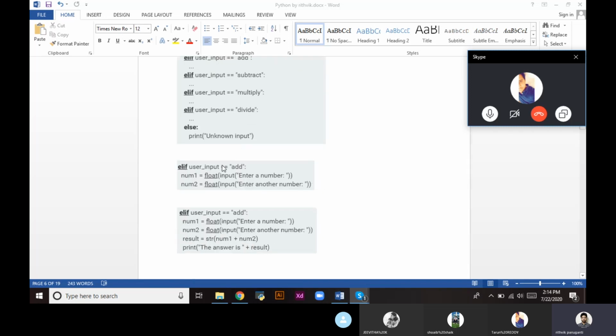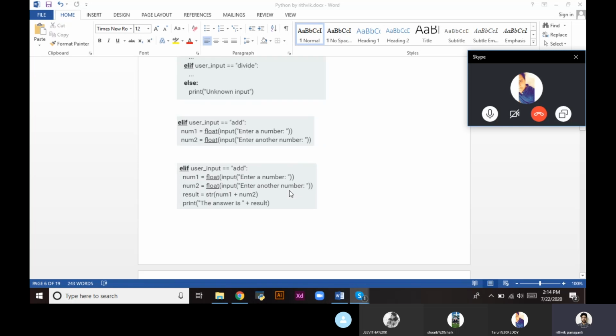Coming to the statements, under the add statement, we write a number as an input. It will take a float number: float of input, open parenthesis, enter a number, close parenthesis, and again close a parenthesis. So it will take a float value in the num1 variable, and the num2 variable will be stored with a float value of the second number.